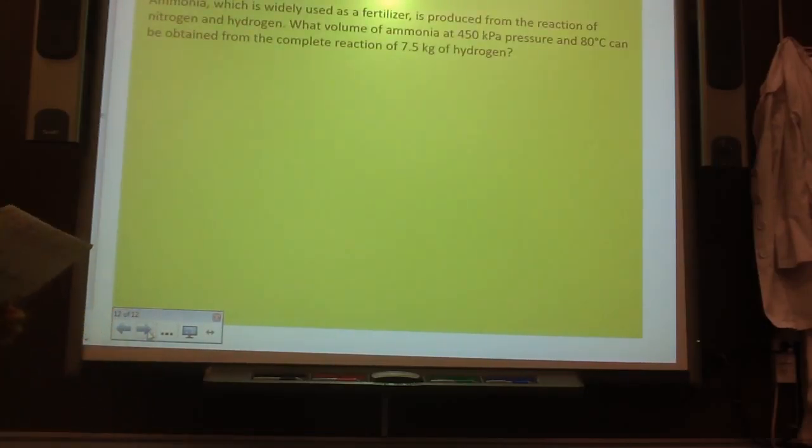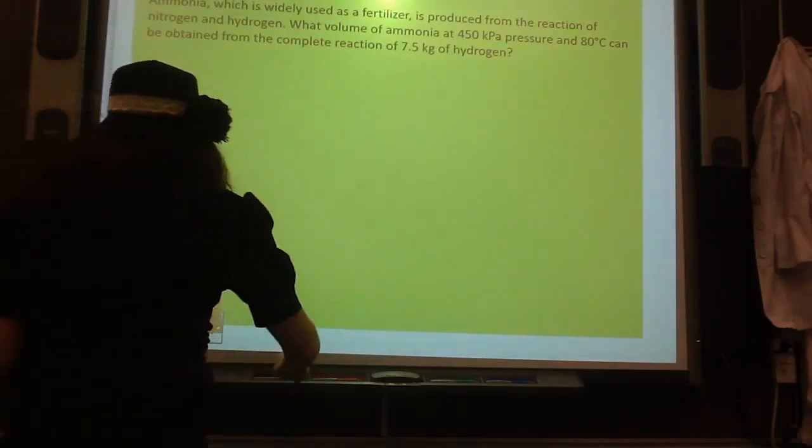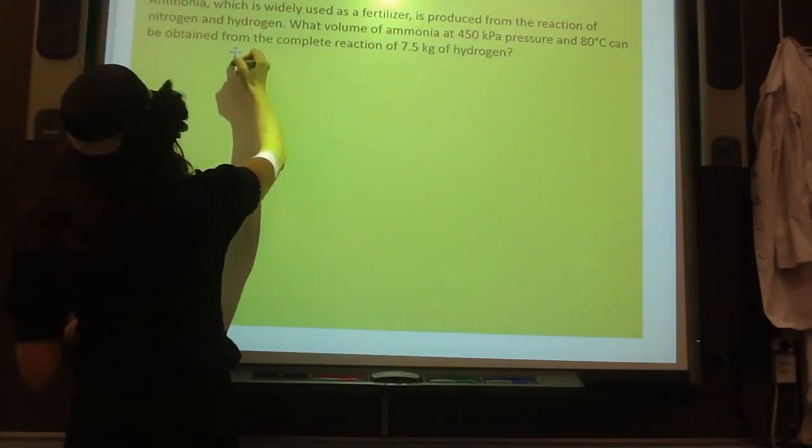Okay, let's do another one. Ammonia, which is widely used as a fertilizer, is produced from the reaction of nitrogen and hydrogen. So it's like a formation reaction. What volume of ammonia at this pressure and temperature can be obtained from complete reaction of hydrogen? Okay, so we have